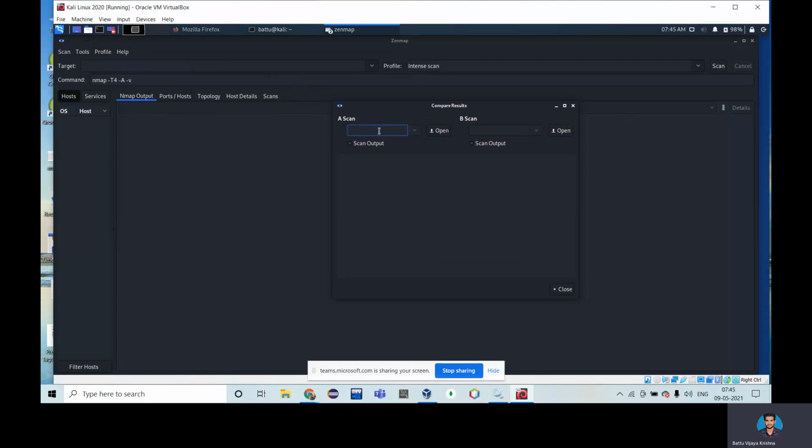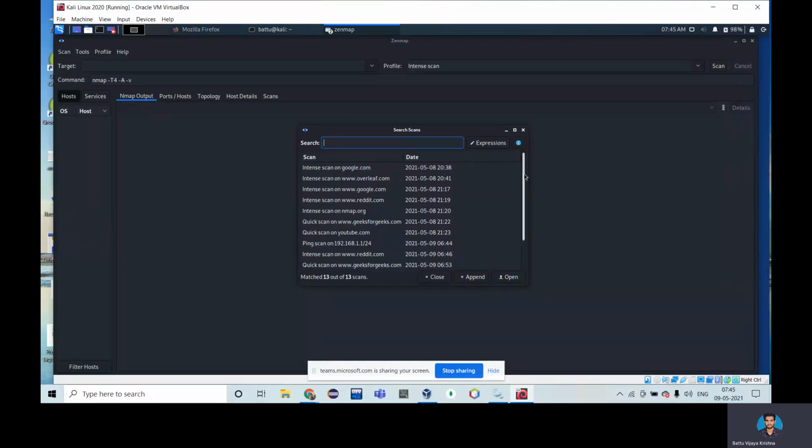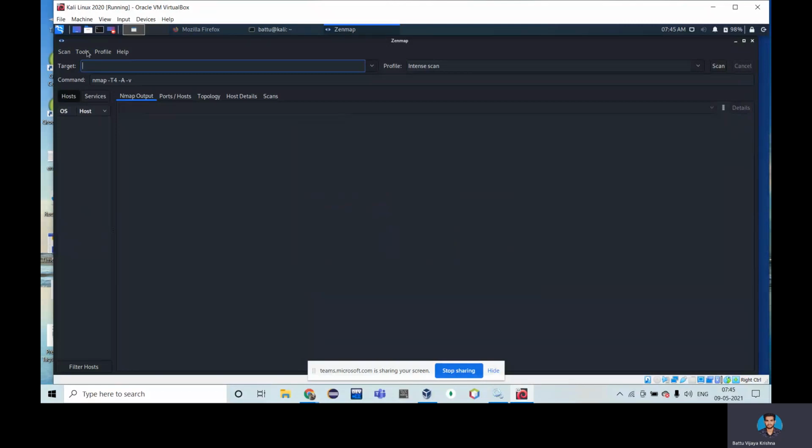For example, if you scan localhost, we scan localhost again, and based on that comparison it will show the scanned output from both sides. The next one is searching the scan result. In the scan results I performed previously, we can search and filter the scan result, and filtering the host is also possible.